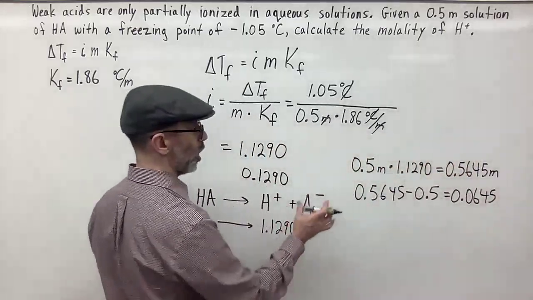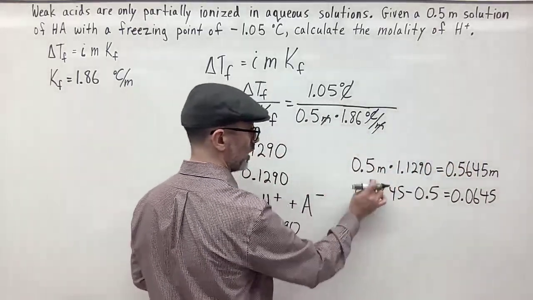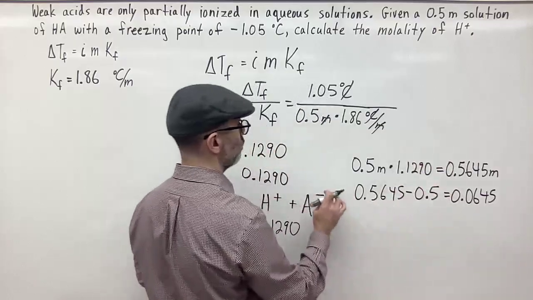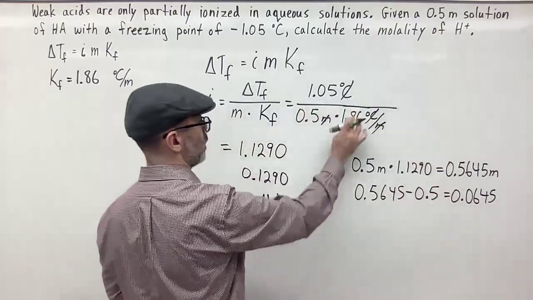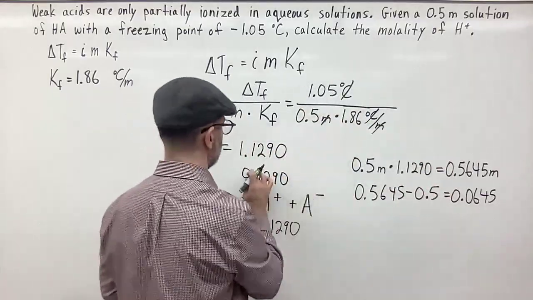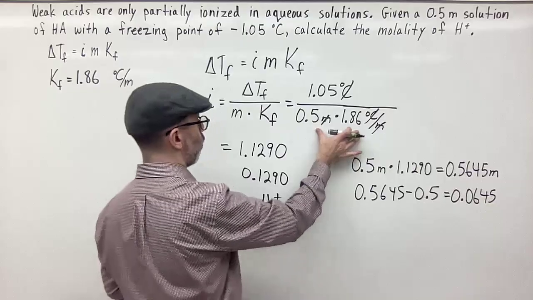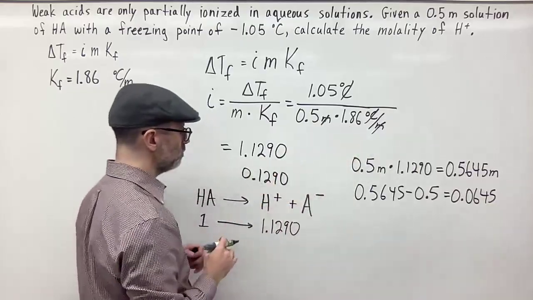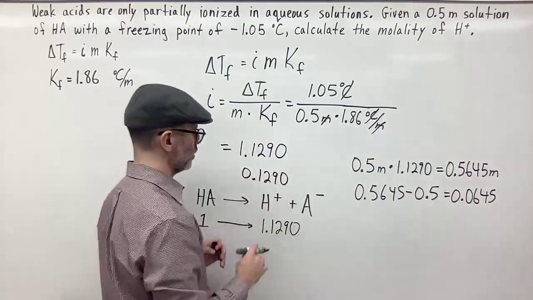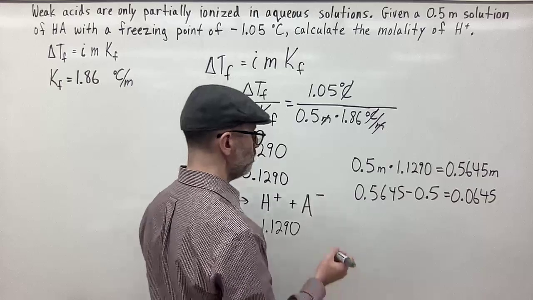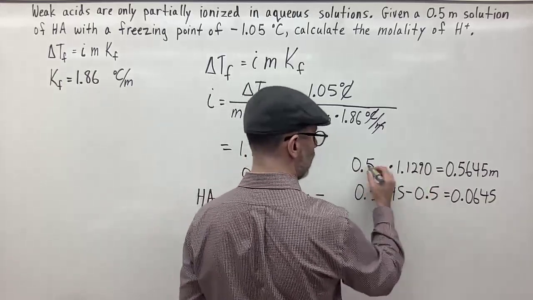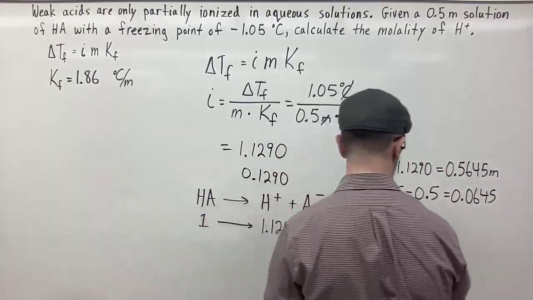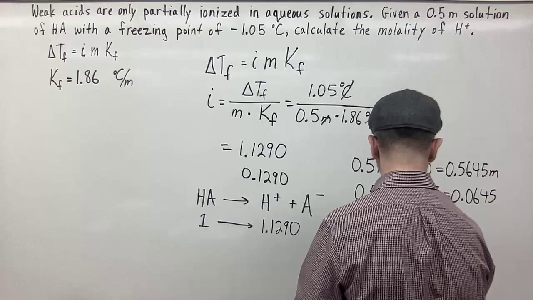Or if we round to 1 sig fig, since we have 1 sig fig here and we have 3 sig figs here, right? So we multiplied, divided, we should have 1 sig fig for our answer, but we kept the extra digits. So then the molality of H plus should be